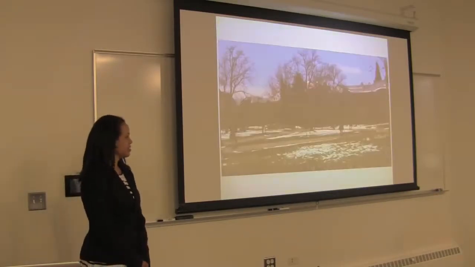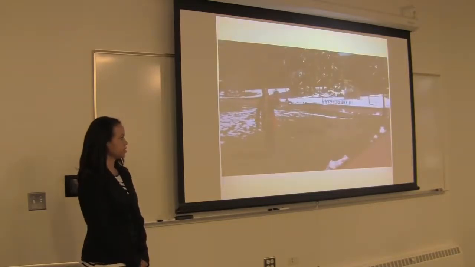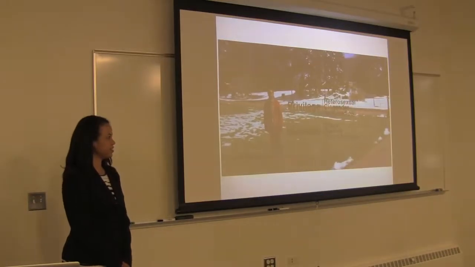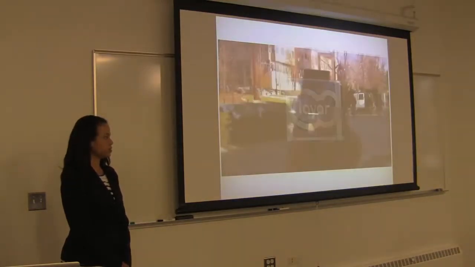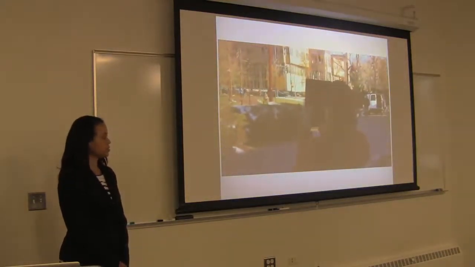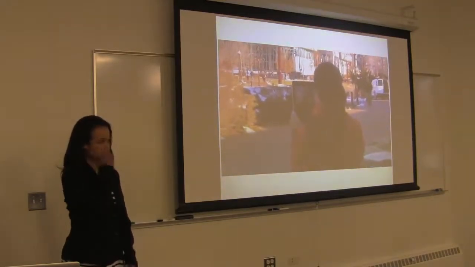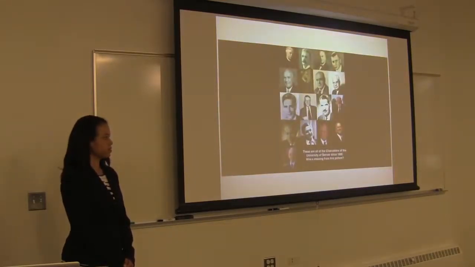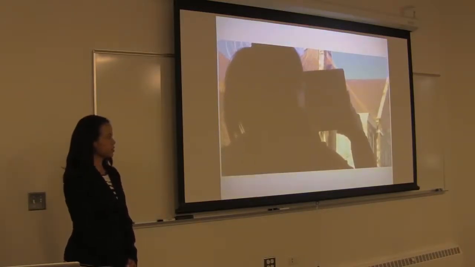University of Denver, home to a vibrant community of students and educators, but each of us embodies the intersection of privilege and oppression. What if there was a way to visualize the privilege that exists all around us? Using the augmented reality app Layer, I have created an interactive map of privilege on campus. With your mobile device, you can experience points of privilege at DU. For example, did you know that all of the chancellors in our school's history have been white males? With my layer, you can see this information visually represented at the chancellor's office.